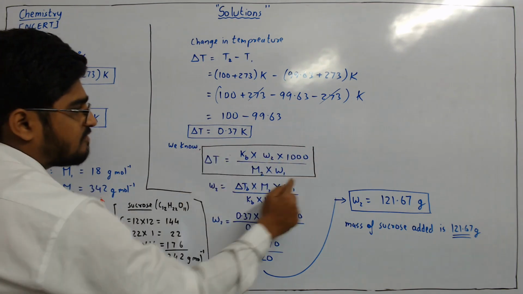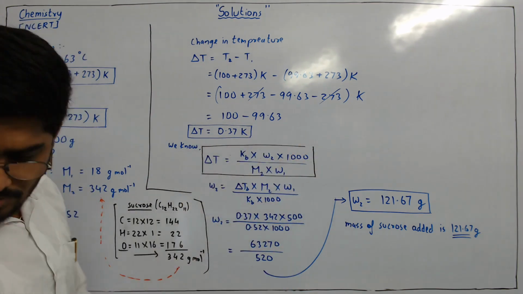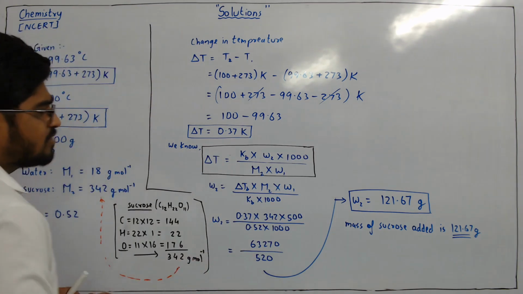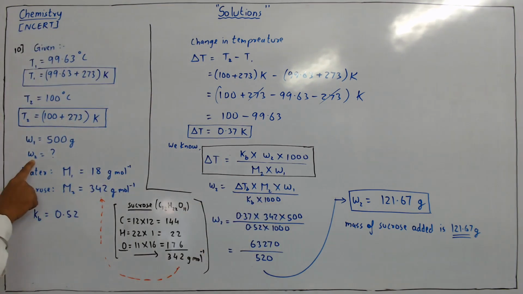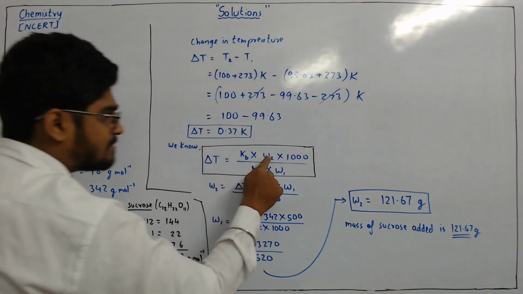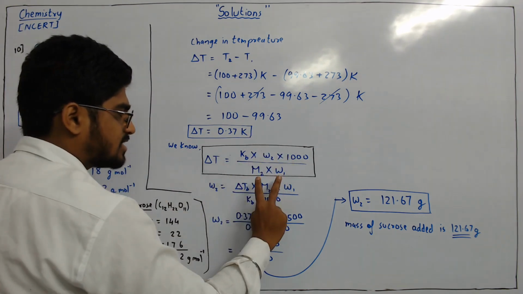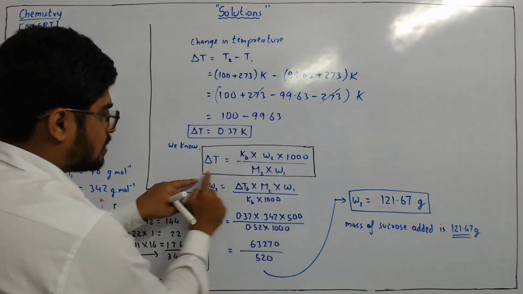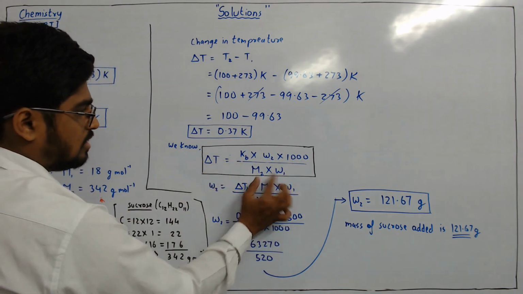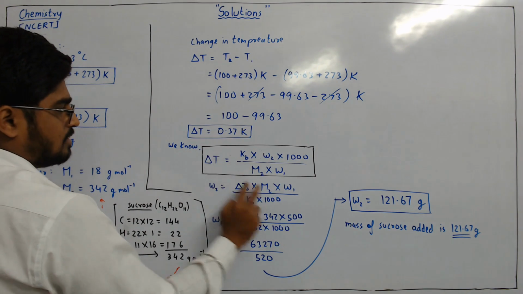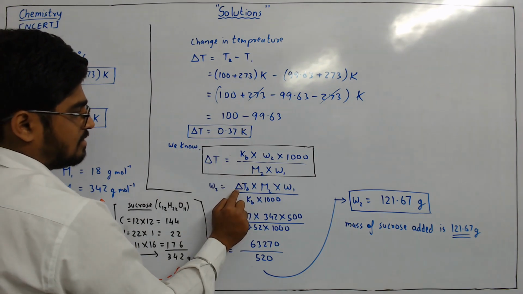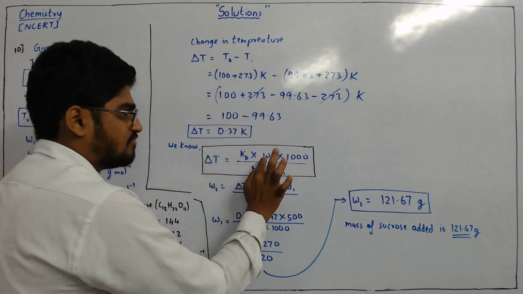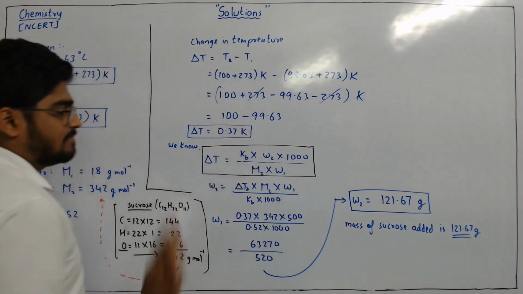So we know this general formula. You can see the textbook, this formula is given in the textbook. Okay. But here what we need to find in the question is W2, that is the mass of sucrose. So we will keep W2 as it is over there. Other things, M2 and W1, will go up and multiply with delta T. This Kb and 1000 will go down. Okay, you got it? And W2 is as it is. We have not shifted W2, it is there only.